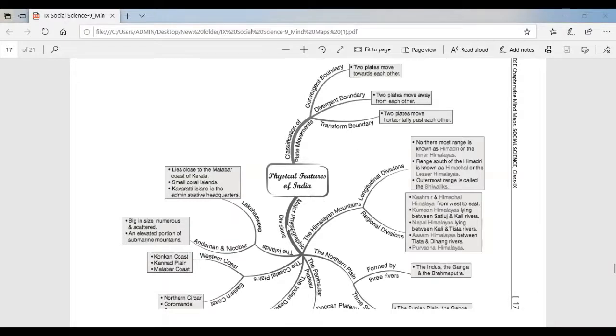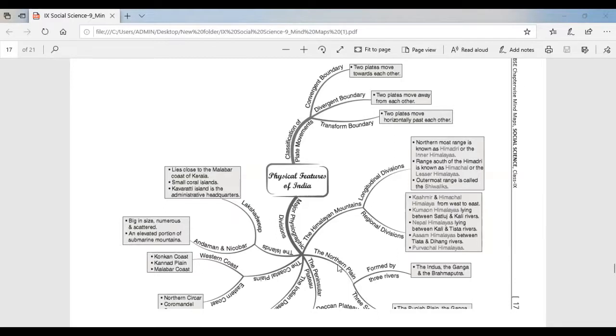Next, we learn about the major physiographic divisions. The physical features of India are grouped into 6 physiographic divisions. The first is the Himalayan mountains. Second is the northern plains.